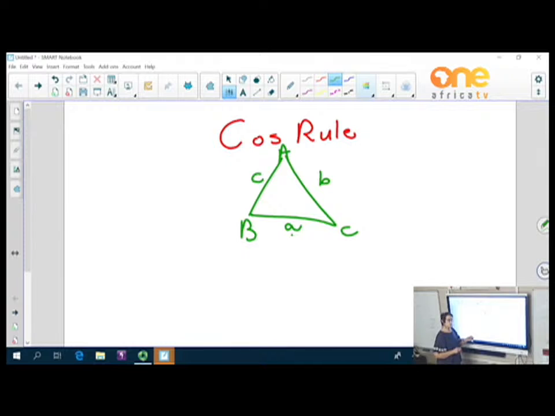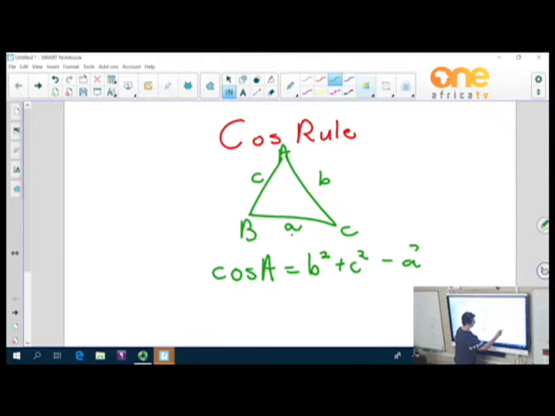So you will use this one if you have the 3 sides and you want to calculate the angle. So let's say I want to find cosine A, then we're going to say B squared plus C squared